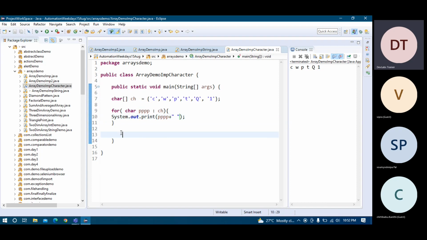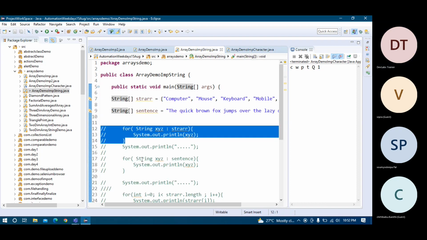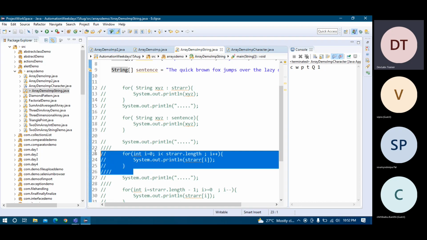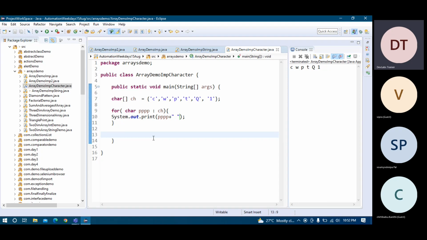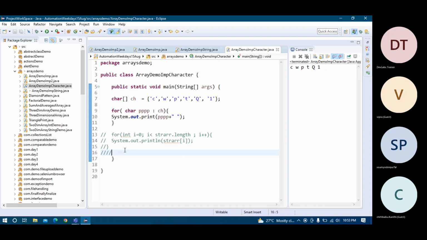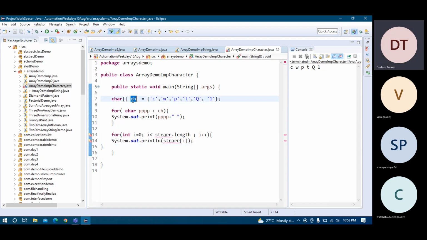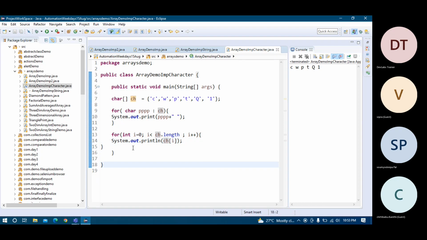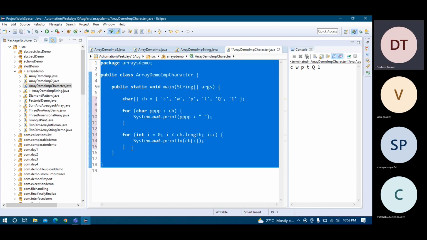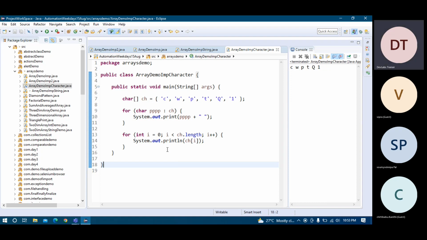And if you have to print on the basis of index, for loop, so you have the index for loop. You take it, copy it from somewhere, and modify what you need. This is not needed up to here. I will uncomment, and the array name is what? ch. Fine. Array name is ch. See here, this is my index based for loop, already completed. This was the advanced for loop.